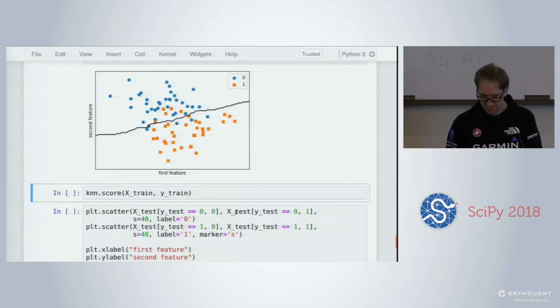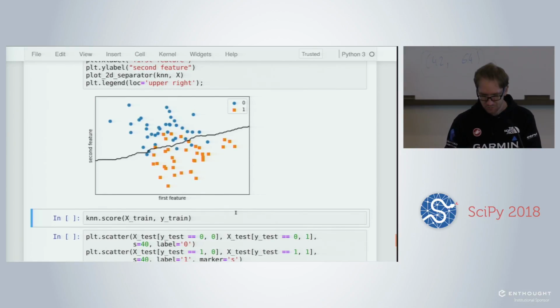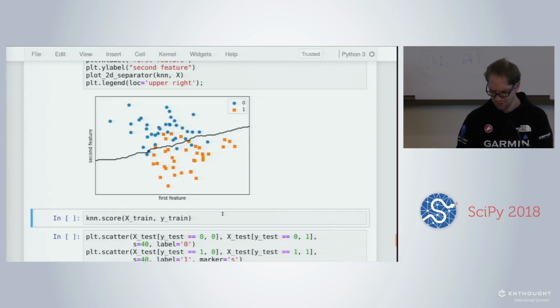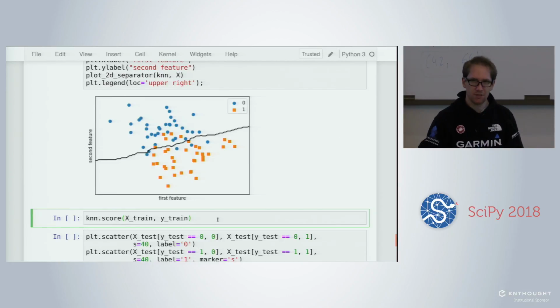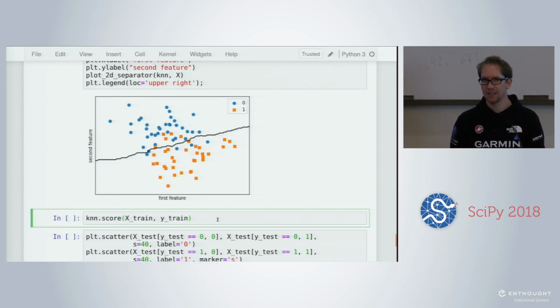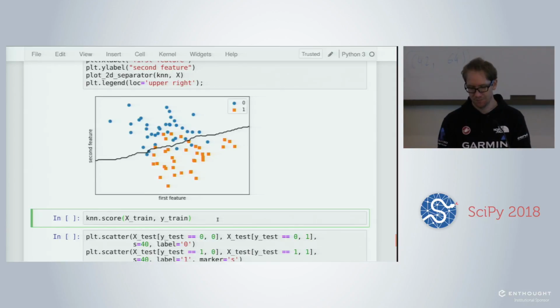So we can import the nearest neighbors. Here, maybe 30 is a bit too much. Let's try the minimum, one. We'll just look at the closest sample to take our decisions.